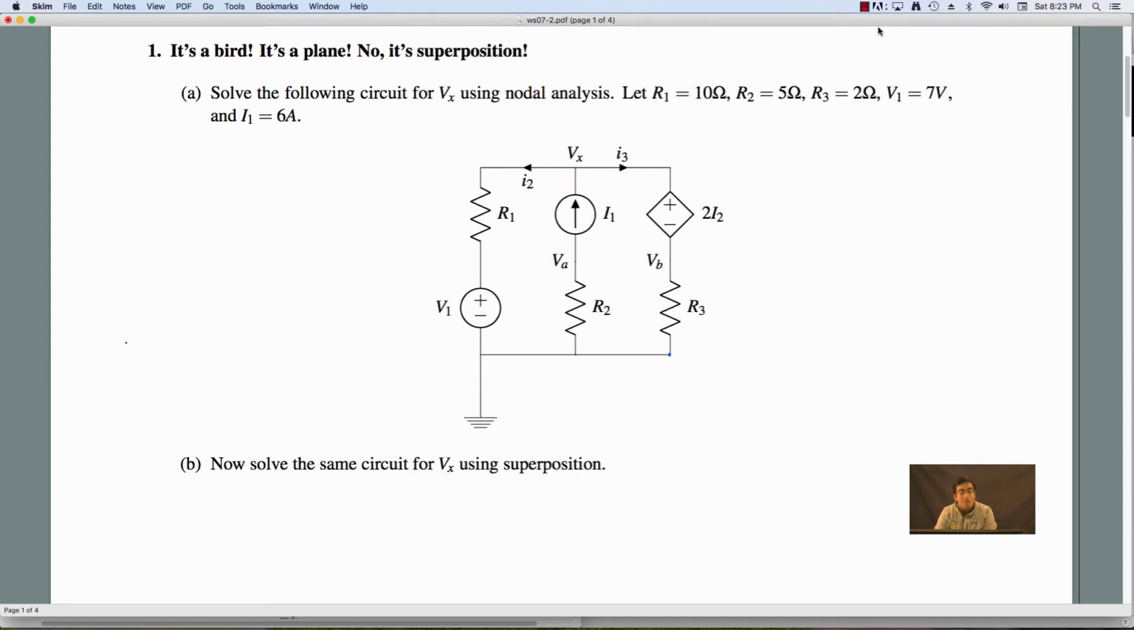Alright, so let's get started with question 1. It's a bird, it's a plane, no, it's superposition. Basically we have this circuit, and we want to solve for a certain voltage, Vx, using nodal analysis. What I like to do to get started with circuit problems is